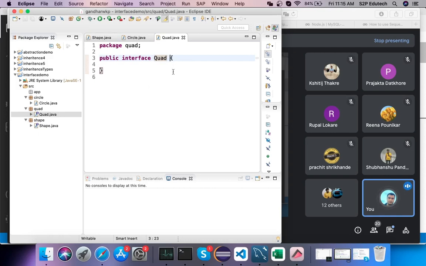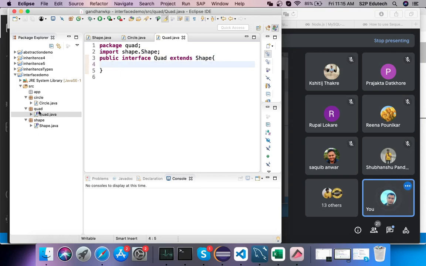An interface extends an interface. So I'll say extends shape, and this shape would be import shape dot shape. Right, now there are no errors. Now because this quadrilateral is an interface, no need to write the definitions here, because in any case you cannot write the definitions in an interface.